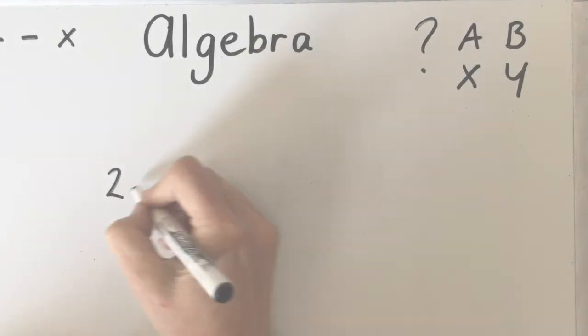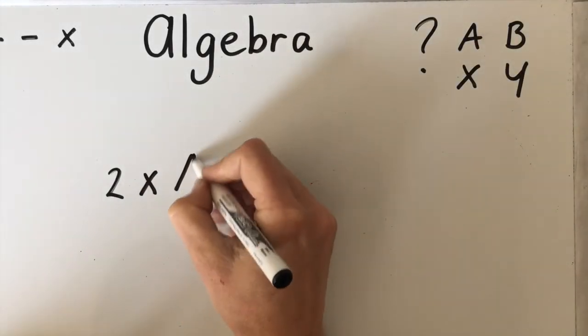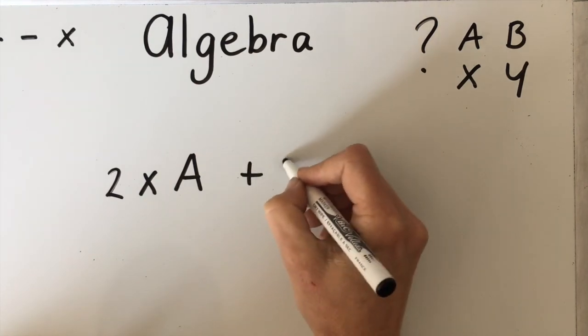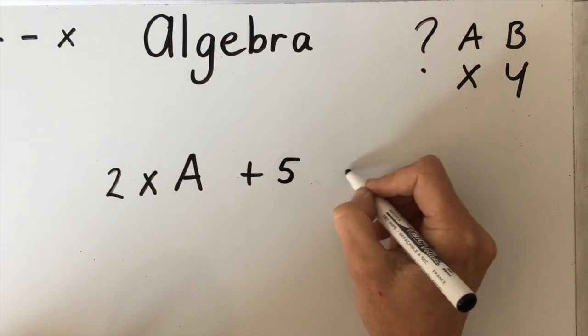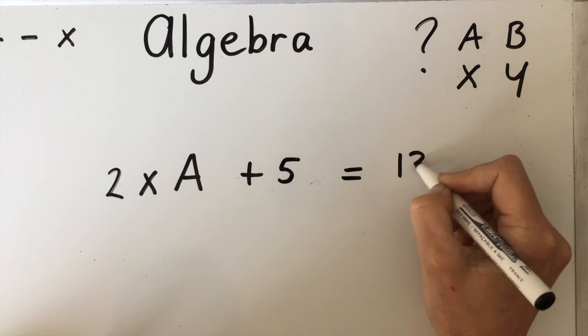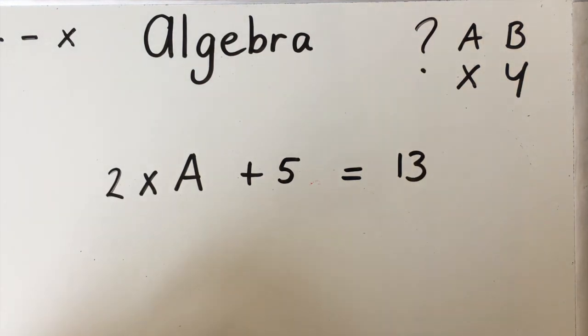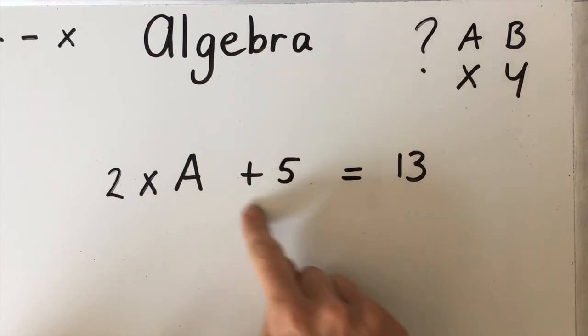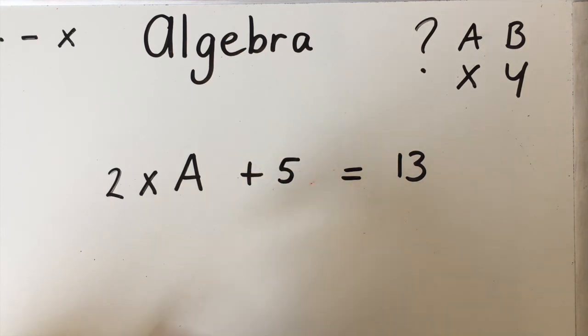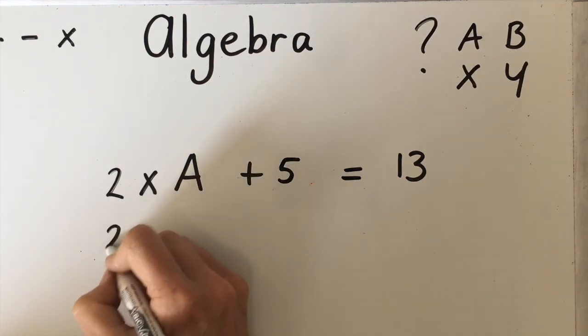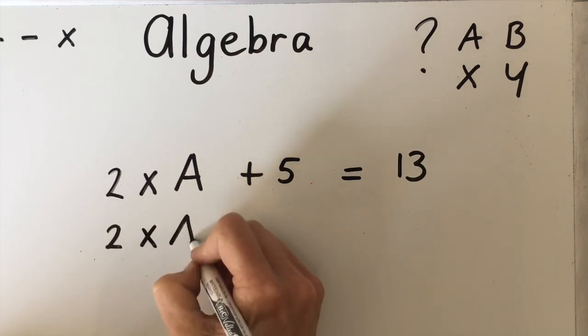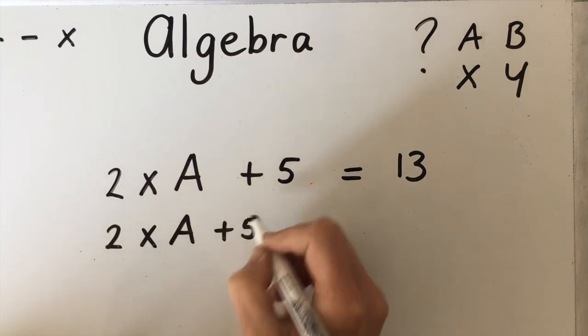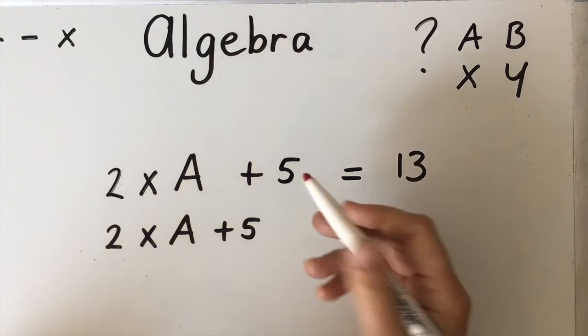Now I have 2 times a plus 5 equals 13. First, I would like to get rid of this part. And we already know how to do that. So my new thing is 2 times a plus 5 minus 5